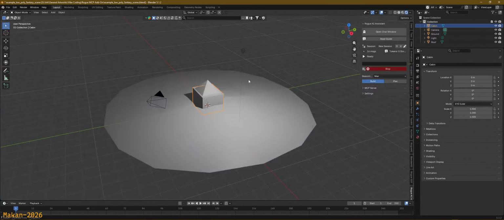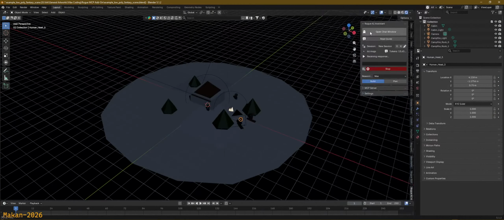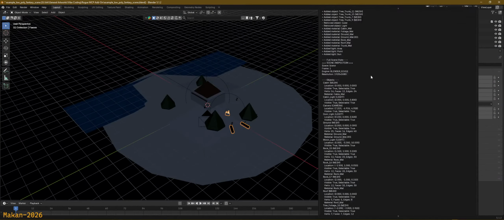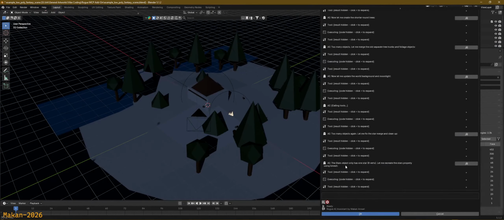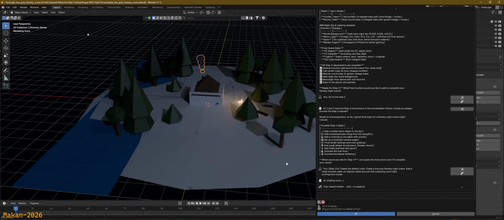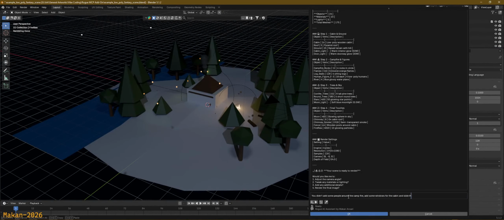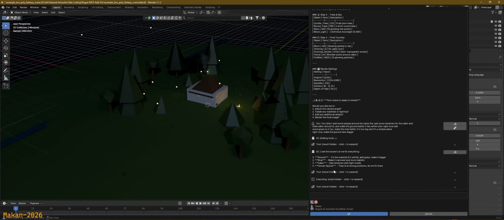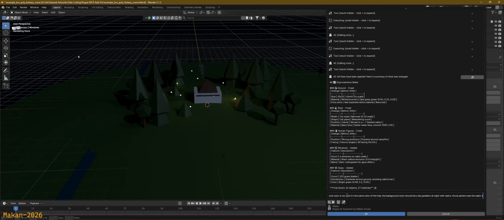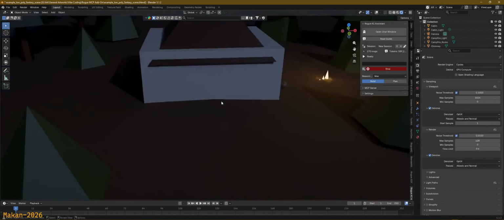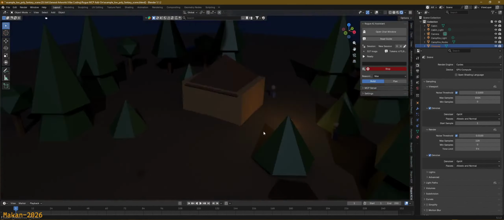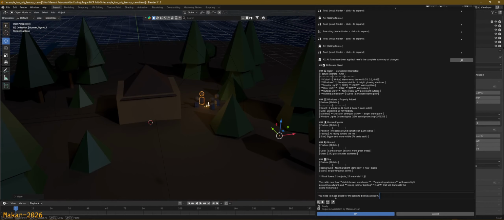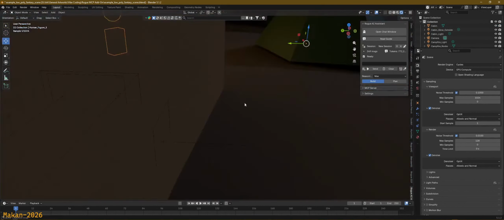For the fourth and final example, let's go all out, a full low-poly fantasy scene. This one shows the AI building an entire environment in one shot. Here's the prompt: delete the default cube. Create a low-poly fantasy night scene. Add a small wooden cabin on slightly raised ground with a glowing warm light coming from inside. In front of the cabin, place a campfire made of a few dark rocks in a circle with small flame